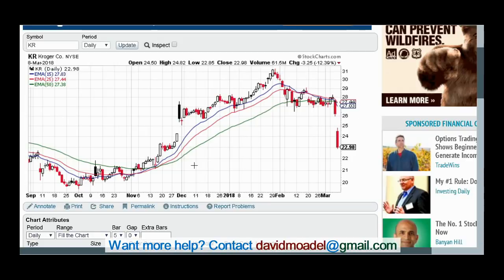All right, so as you can see, the slower moving average is the 50-day exponential moving average. That's the green line, okay? It moves more slowly. And then slightly faster than that is the 25-day moving average, and that's red. So the 50 is in green here, and the 25-day exponential moving average is red. And then the fastest one is the 15-day exponential moving average, and that is in blue. That's the blue one here.